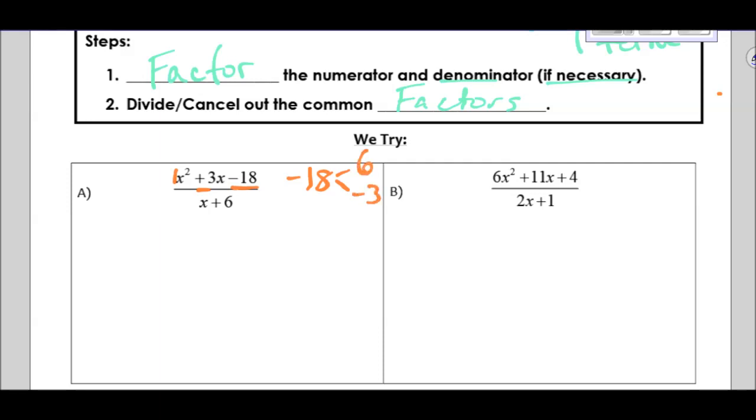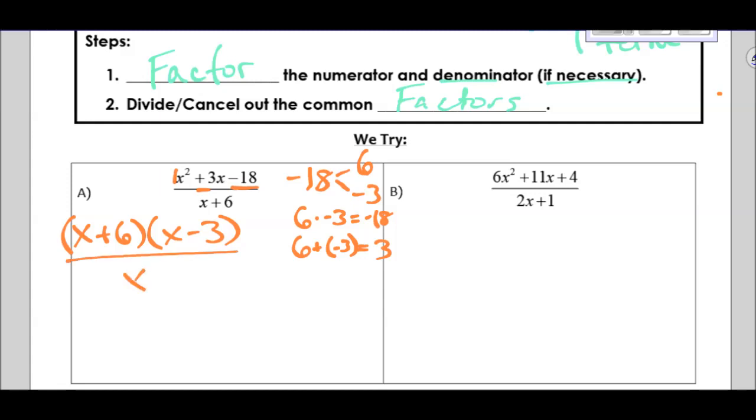Those multiply to be negative 18, and they add to be a positive 3. That's how I'm going to factor my top polynomial. I'm going to split that into those two factors. That's x plus 6 and x minus 3,